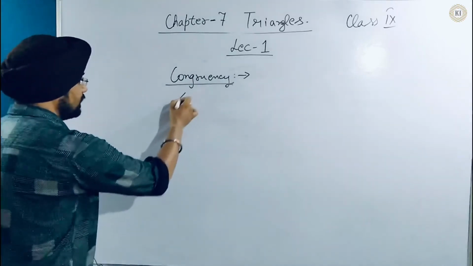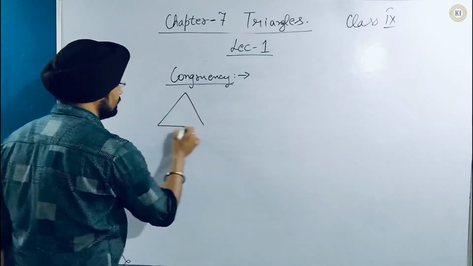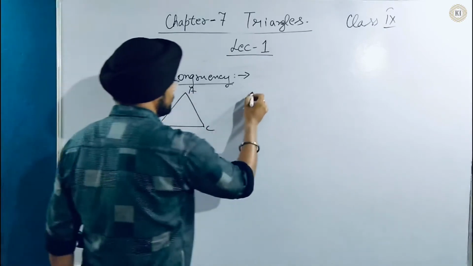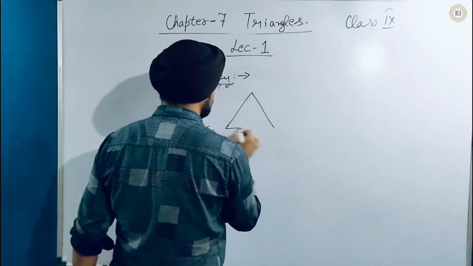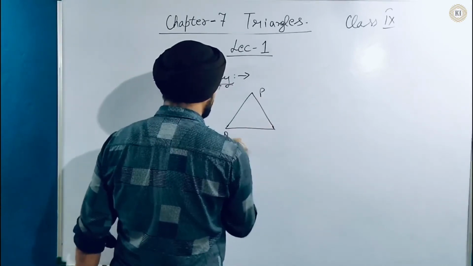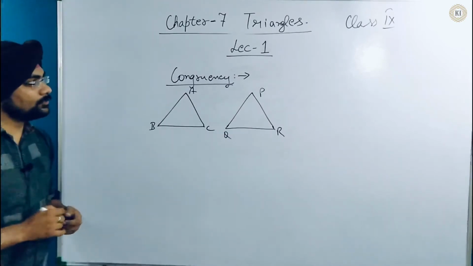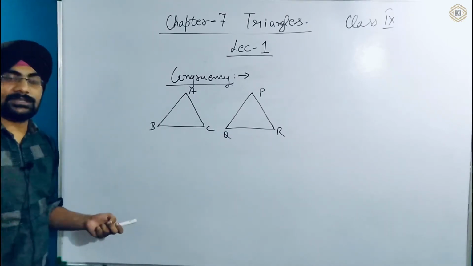Suppose we draw here one triangle ABC. This triangle is triangle PQR. So both the triangles are said to be congruent to each other when they have the same shape